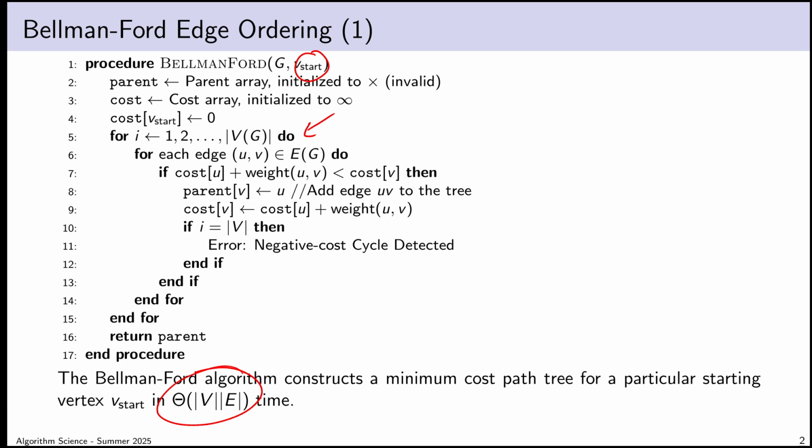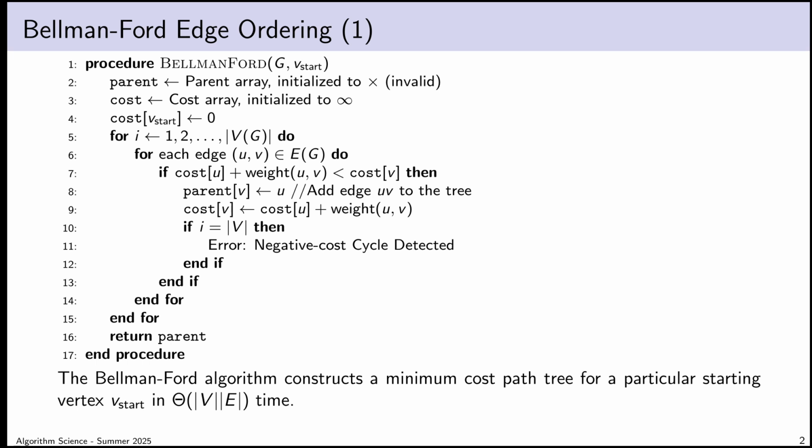Okay, so meta reasons that we can be suspicious that we might be able to improve on this include the fact that up until this point in the course, we have had pretty good luck with making graph algorithms fast. So up until the point where we first saw the minimum weight spanning tree problem, we were in fact able to solve all of the graph theoretic problems we wanted to solve in linear time in terms of the number of vertices and edges. That was pretty good, even though we occasionally encountered much slower algorithms on the way to our linear time solutions. And then we encountered the minimum weight spanning tree problem.